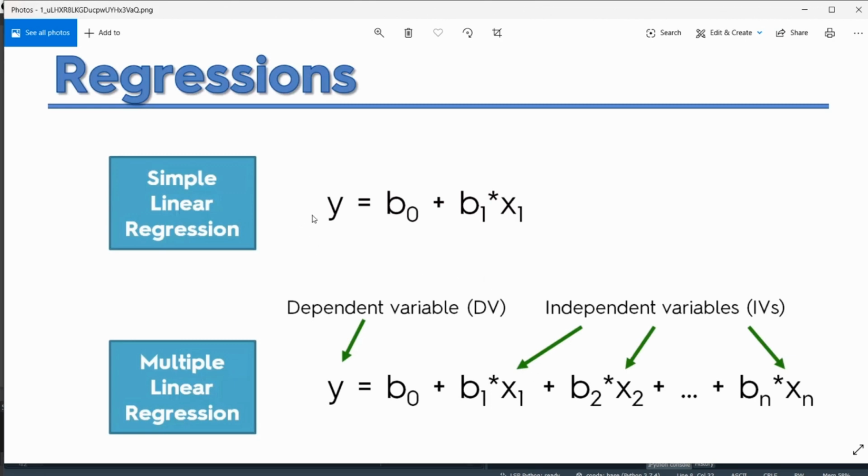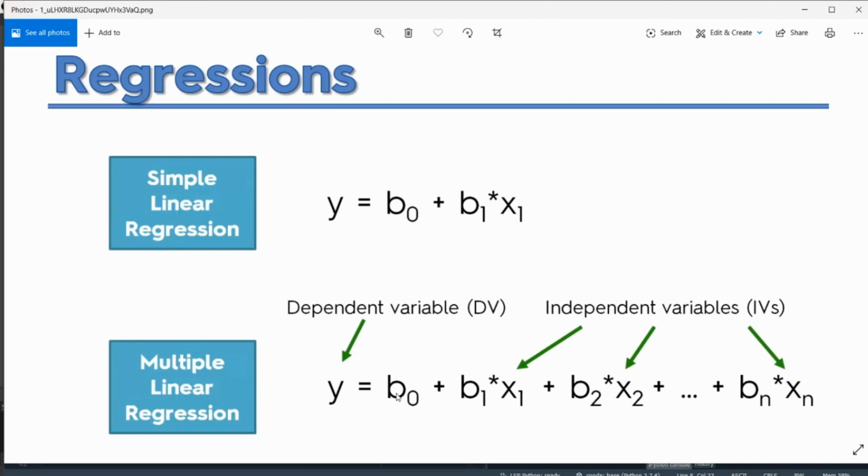Now, you may have seen this simple equation of simple linear regression. Today we are going to talk about multiple linear regression, and this is its equation. As you can see, the dependent variable y is equal to the constant b0 plus the coefficients b1, b2 up to bn, corresponding to the independent variables x1, x2 up to xn. Now, the working is all similar, it's just that there are multiple independent variables available.